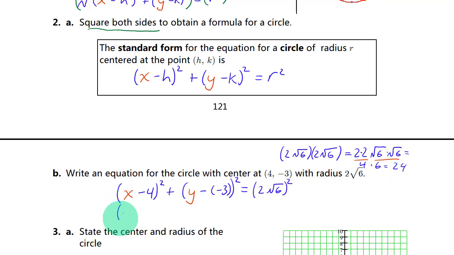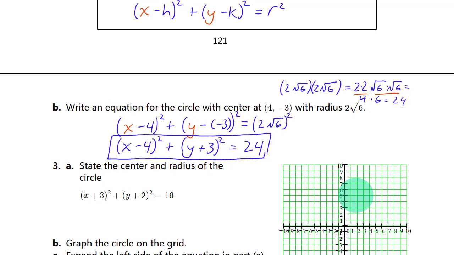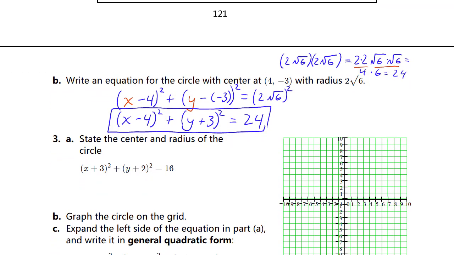Okay, so this is just going to be (x minus 4) squared plus (y minus negative 3) squared, which becomes plus 3 squared. And the 2 root 6 squared gives you 24. And that is the equation for that circle. All right, so 3a,